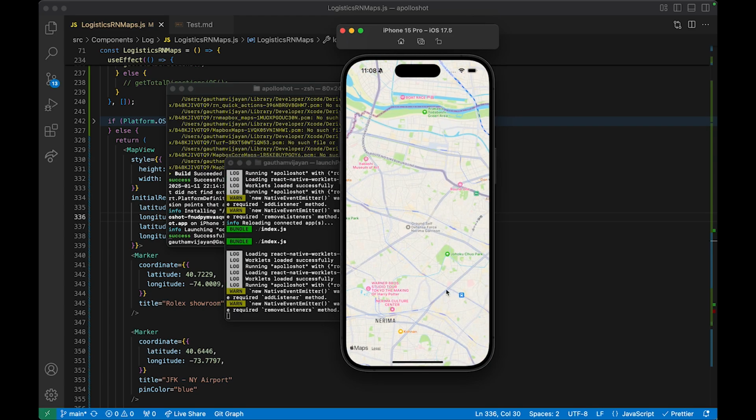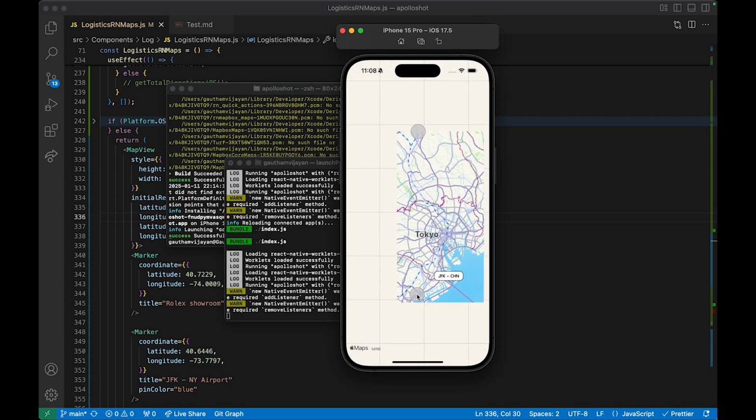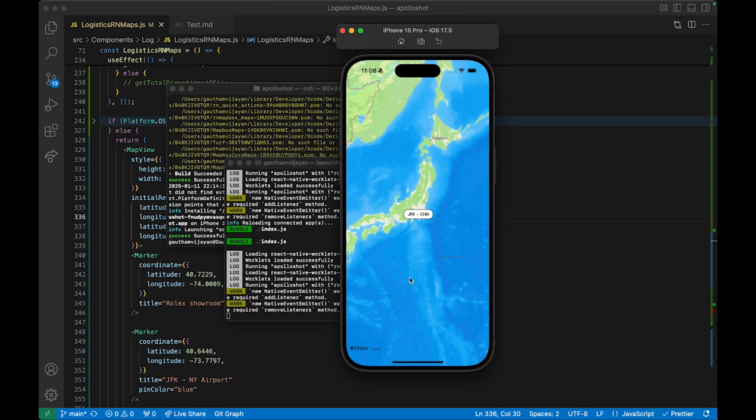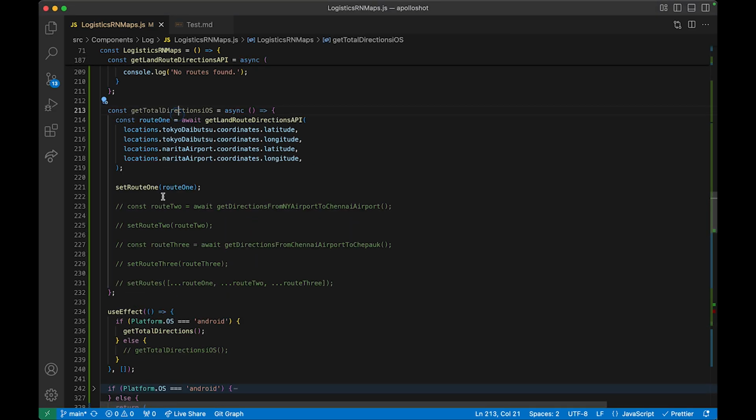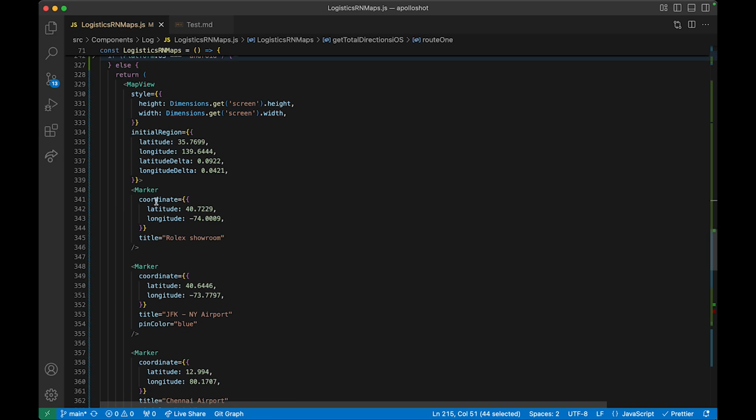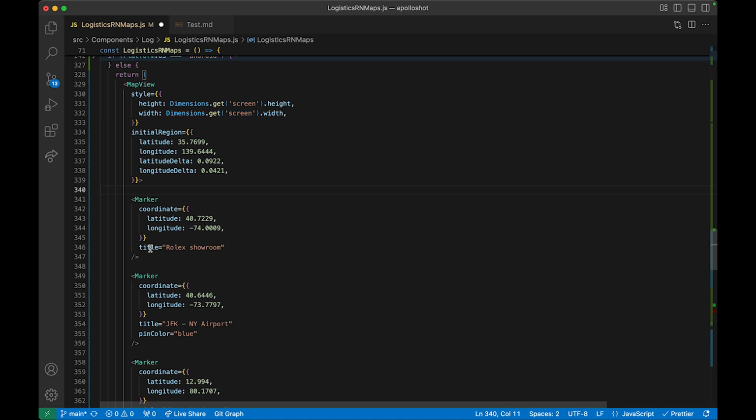Okay, reload it, and then it's somewhere here. Okay, Tokyo. Right. Okay, it's now in there. Now, what I'm going to do is I'll show you. So the first coordinates, you can see this one. This is not Rolex show. It is Tokyo Temple, and then change this to